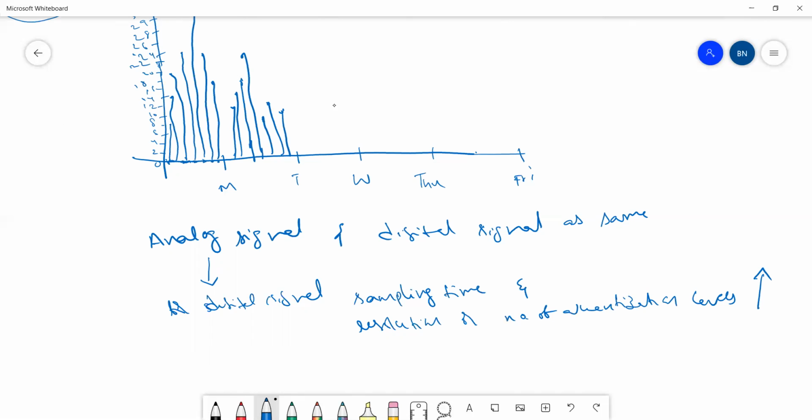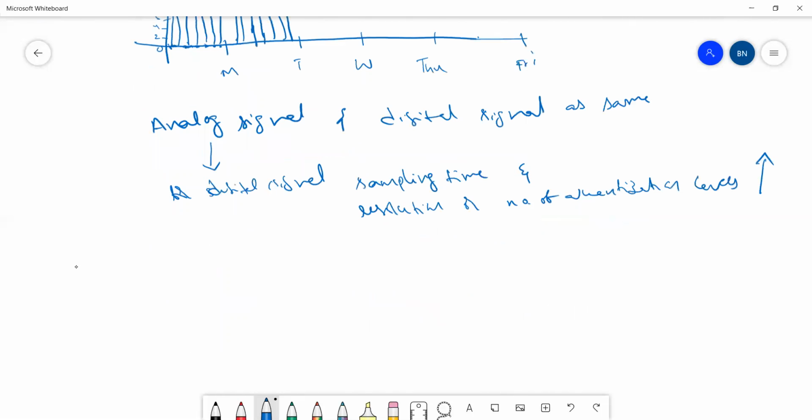So this we have to keep in mind. Okay, so now this again brings up a new critical issue. So what is the issue? In order to reduce the difference between the analog signal and digital signal and make them the same, we are increasing the sampling time, as well as increasing the resolution, or the number of quantization levels. Okay, but the thing is that,